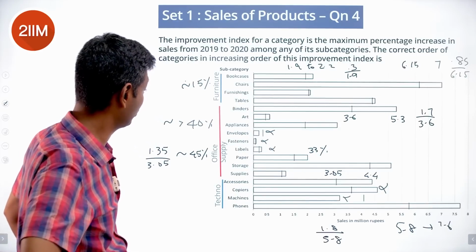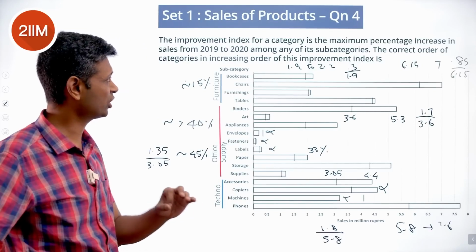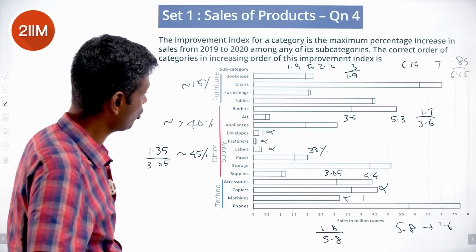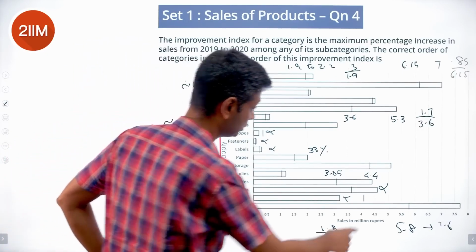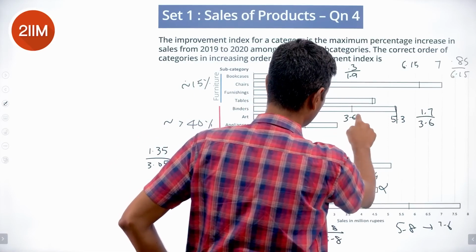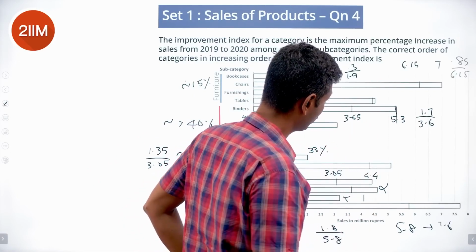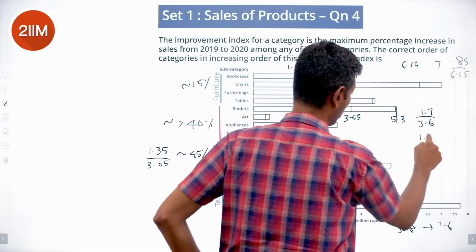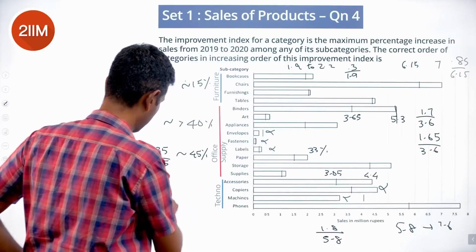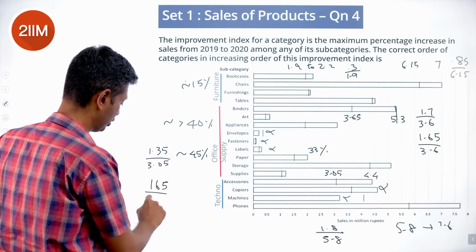1.7 by 3.6 is also high. The smallest is furniture. Then come these two. But now I'm worried. 1.7. So let me just redo these numbers. This is 5.3. This is 3.65 maybe. 3.65 to 5.3. So that's 1.65 by 3.6. 165 by 360